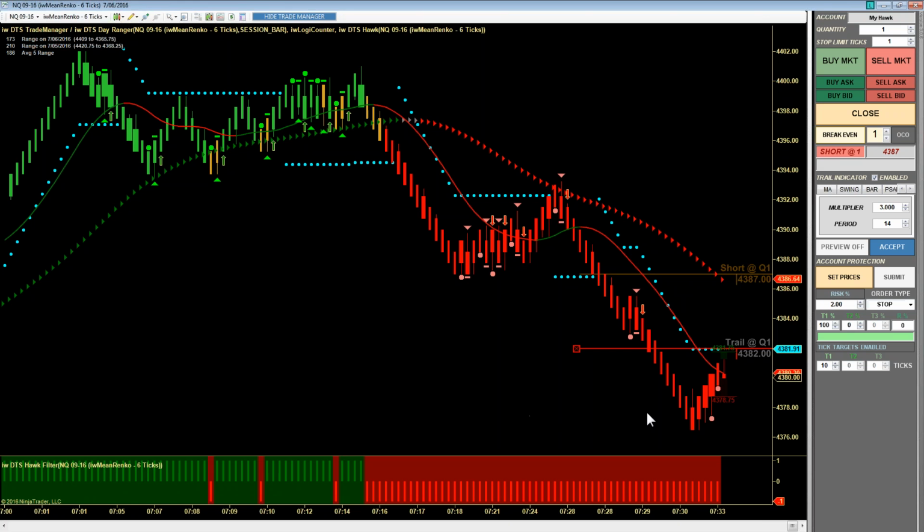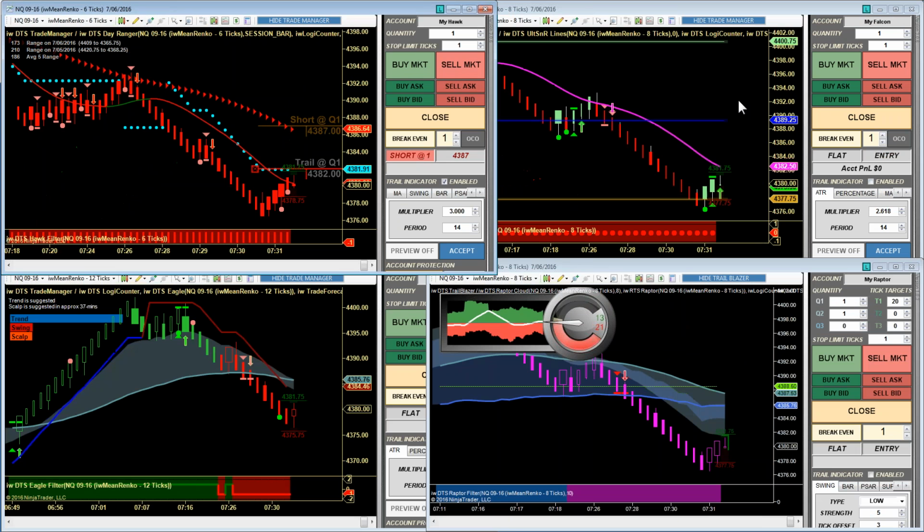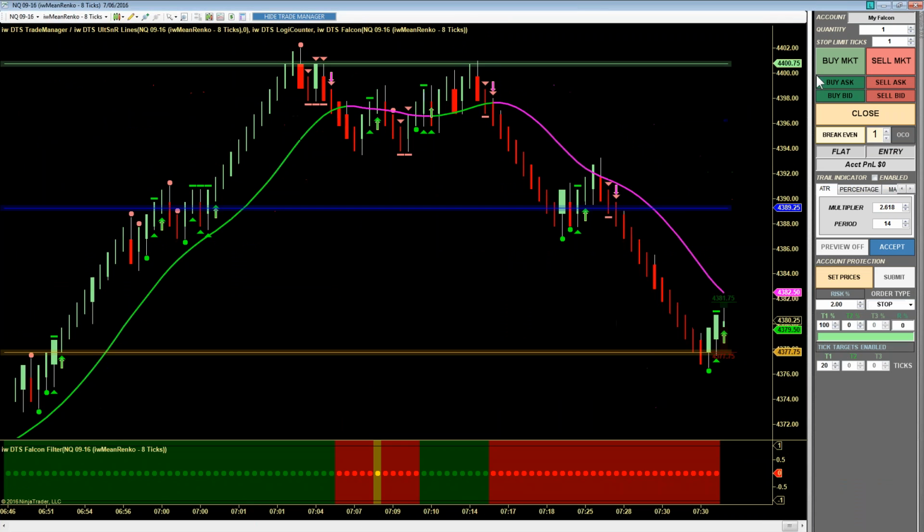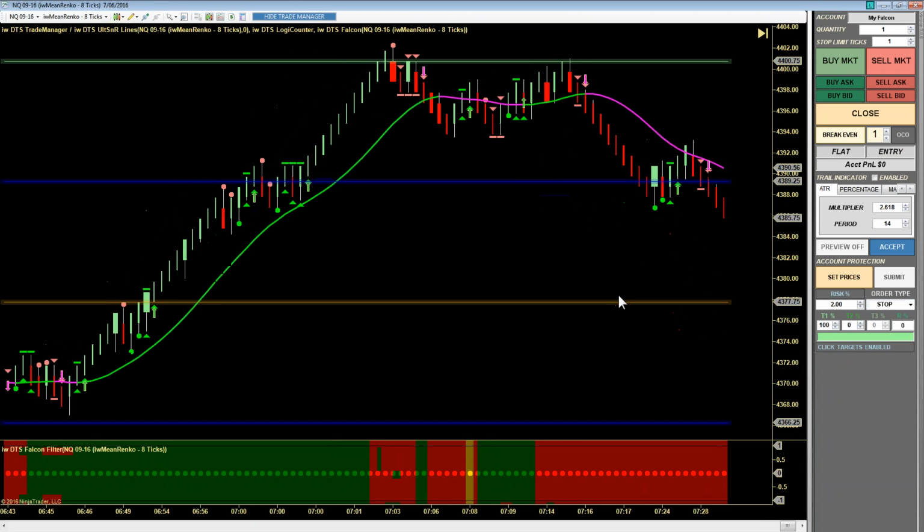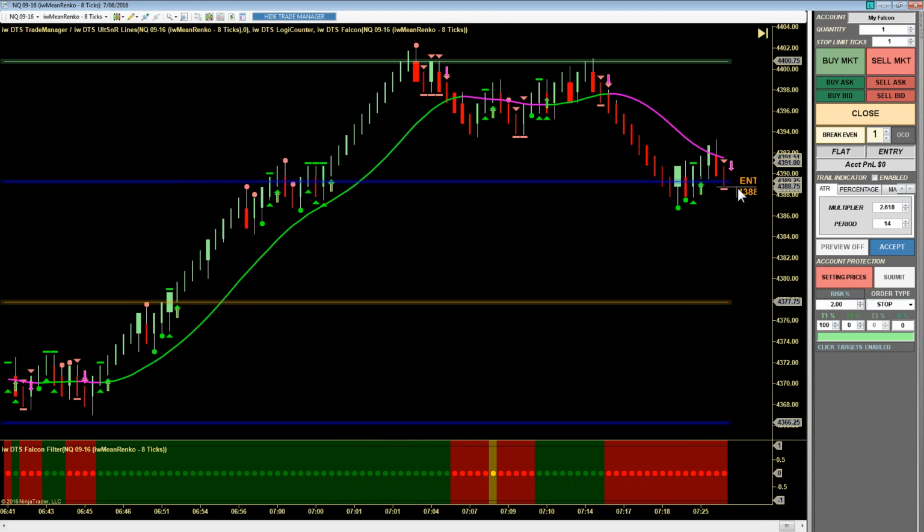Here come the buyers, though. They're starting to dig in. 43.76. Is that one of our support lines? Yeah, look at that. Nailed it right on the median line. And now the market finds support. A lot of people like to use the support and resistance suite as profit objectives. I know Omar always used to do that. So if he was looking at this signal here on the Falcon,